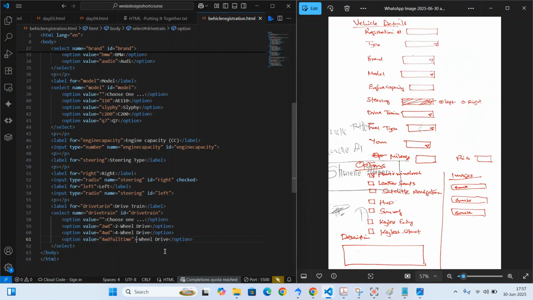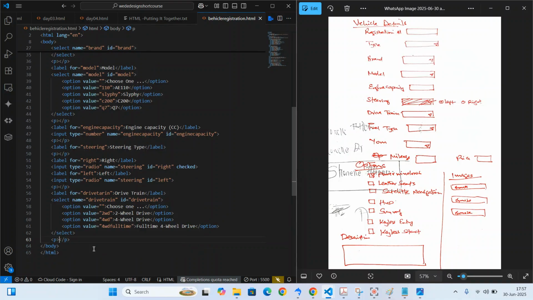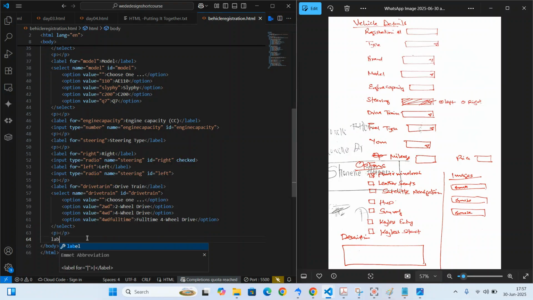So four-wheel drive full time. So those are the options on the drivetrain. But before we even reach there, we can put another paragraph and say the transmission, right? So I'll put here a label for transmission. So this is transmission. So the good thing is that there are only two,